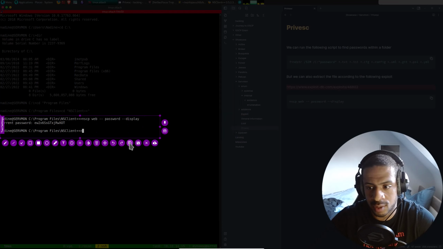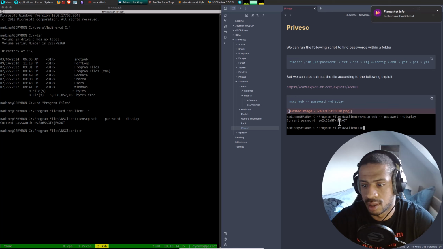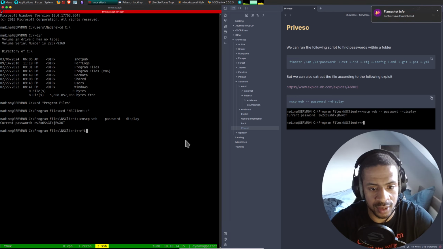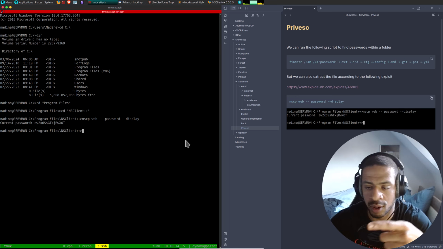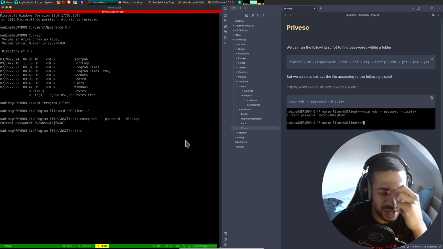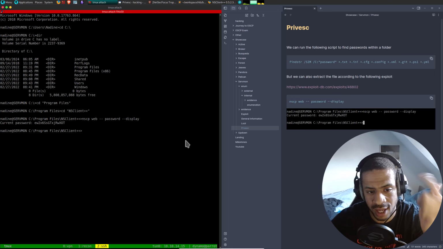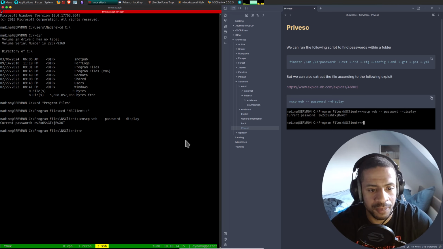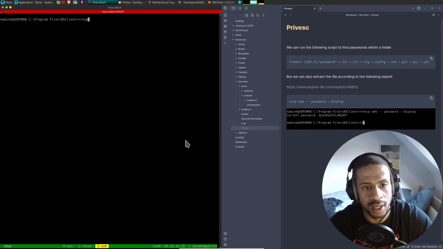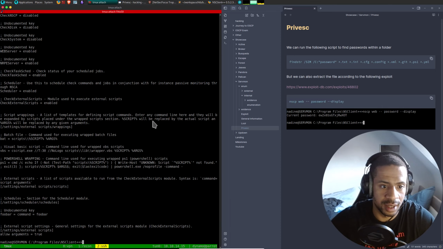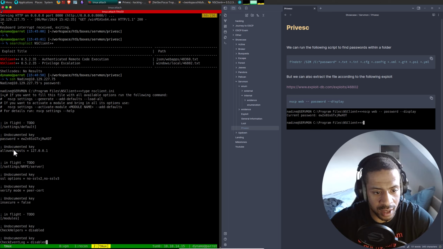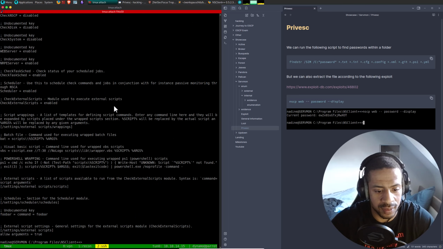So we have the password this way, but we also have the password by just looking for it with that find string command I gave you, and then we know that it's within that file, and we can then type the file. Type nsclient.ini. All right, now on to the next thing. We have to do a local port forward to connect to the site.